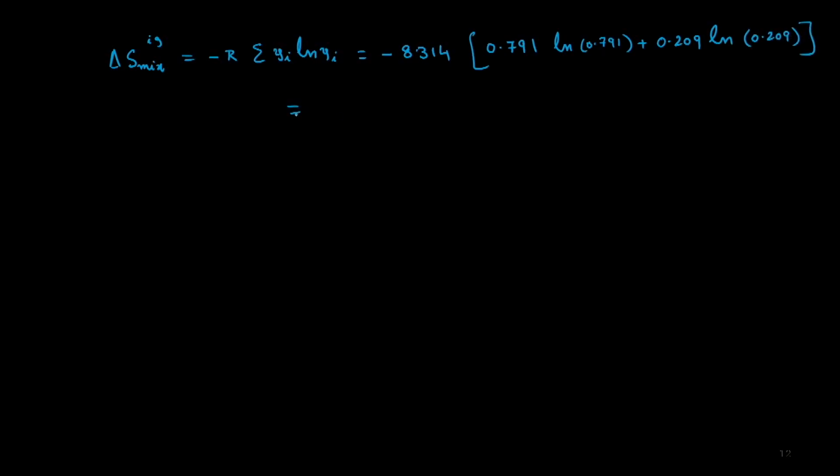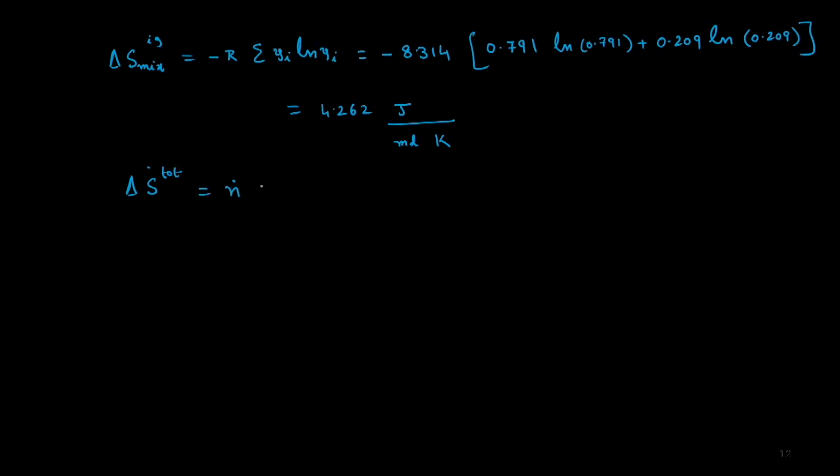And this quantity right here turns out to be 4.262 joule per mole Kelvin. And if I'm interested in the rate of total entropy change, delta S total dot, then